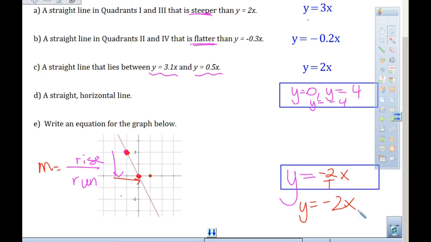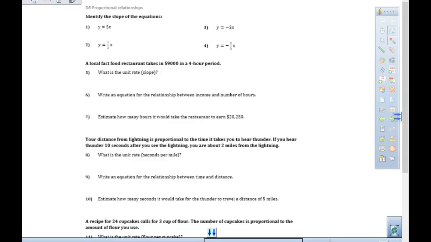So your homework, it's really one sheet, but a lot of you, I think, have to finish the homework from yesterday, 7. So you are doing this one, D8. You don't really need your calculator or the computer for any of it. And right now, I just want to look at your